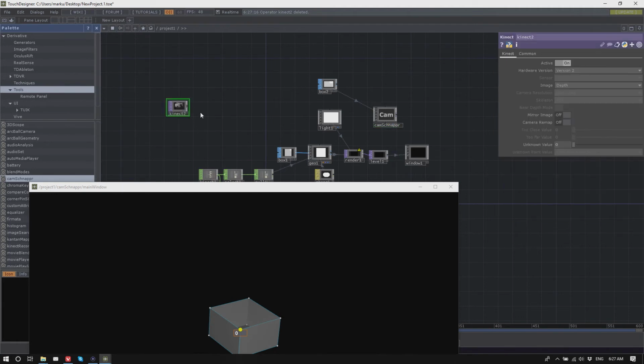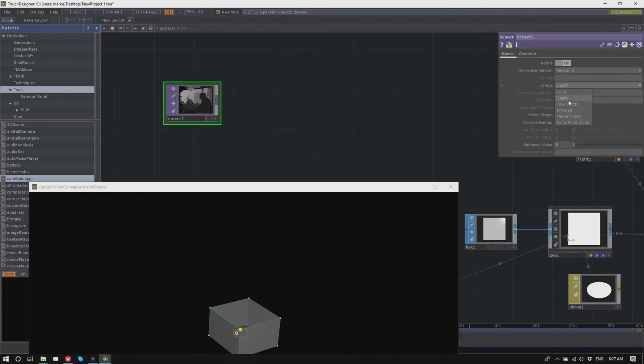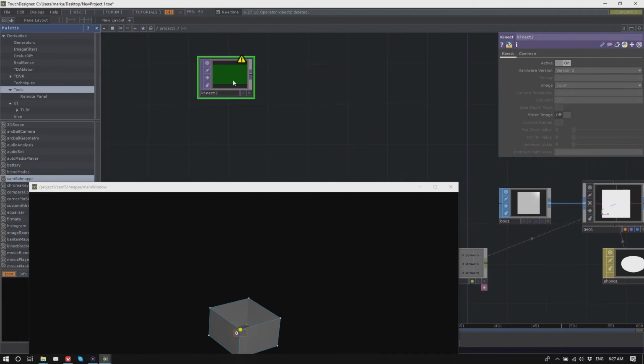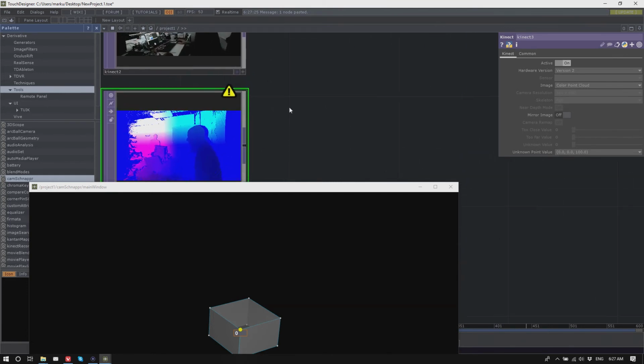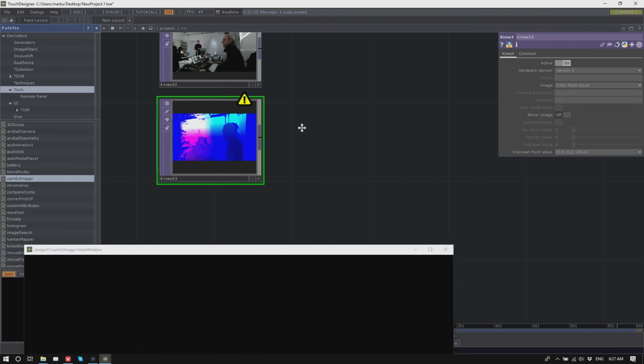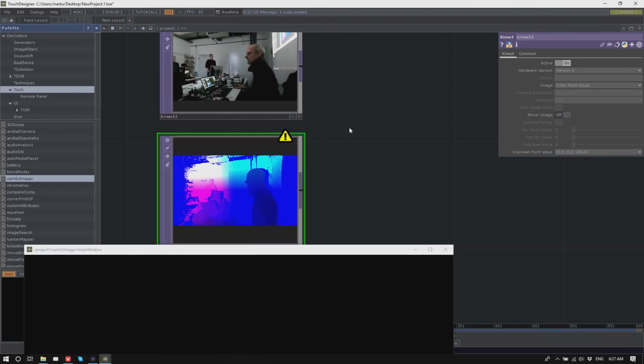Connect, color, and connect color point cloud. So let's say you don't want to use the checkerboard but something else.